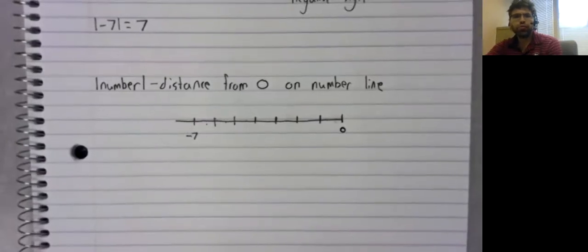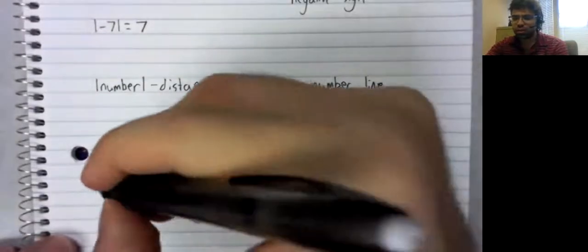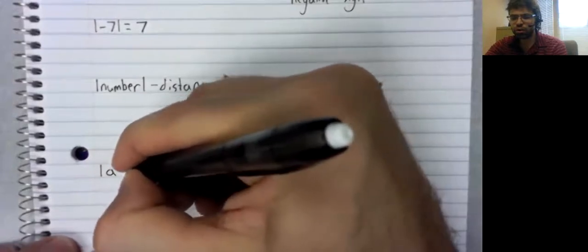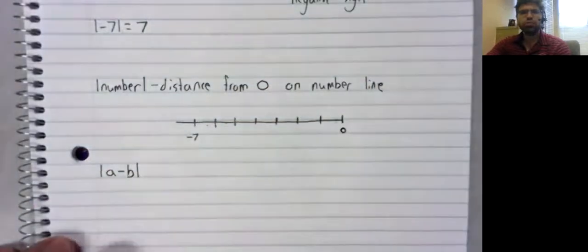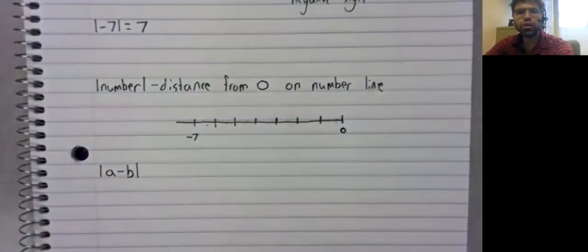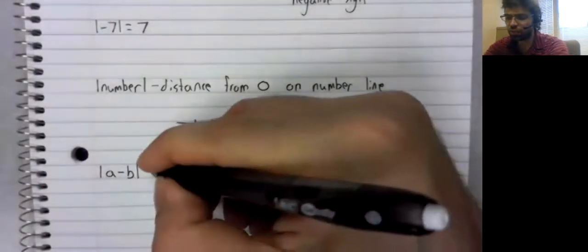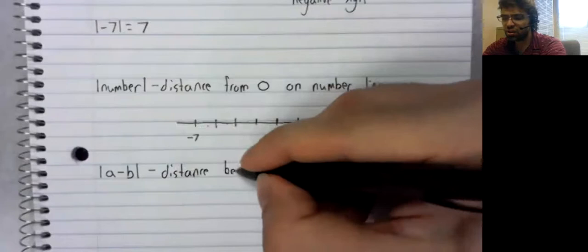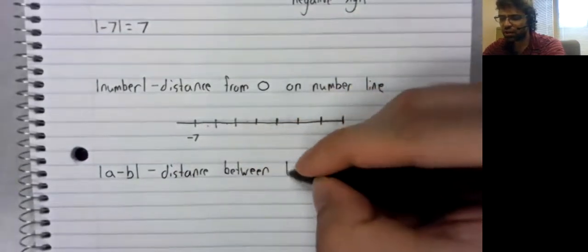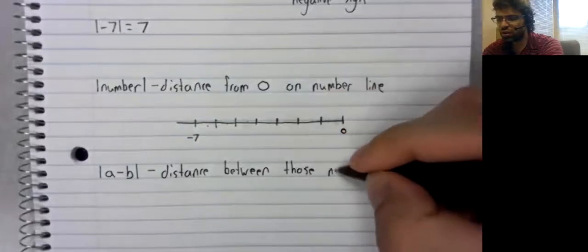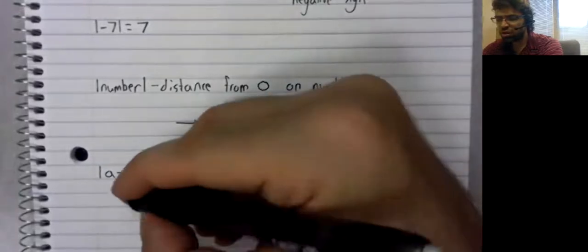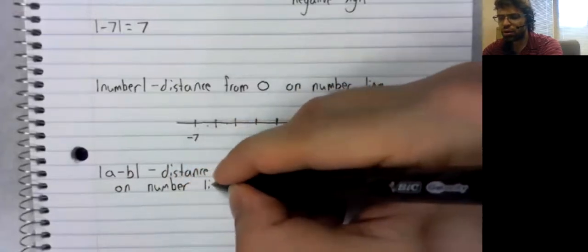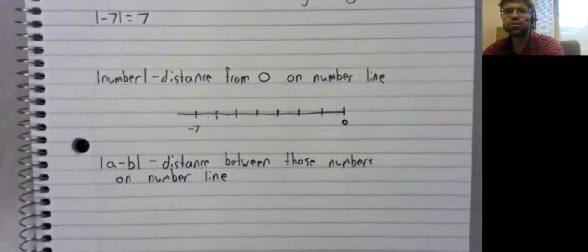More useful for our purposes, and maybe more helpful overall, is that the absolute value of one number minus another number is the distance between those numbers on the number line. So let's look at,